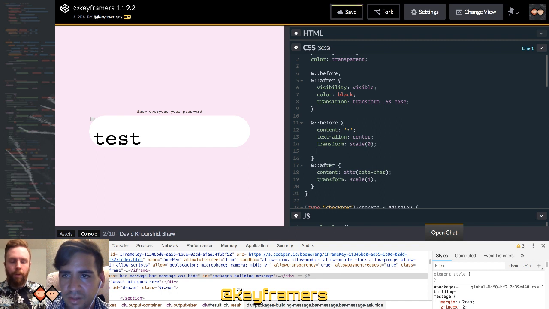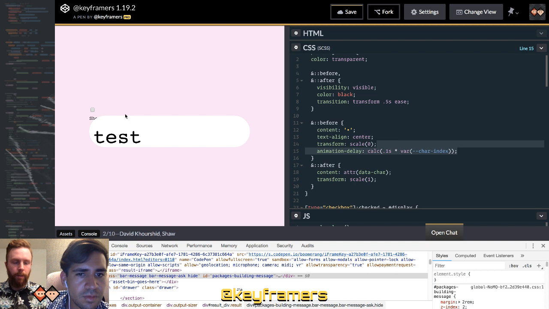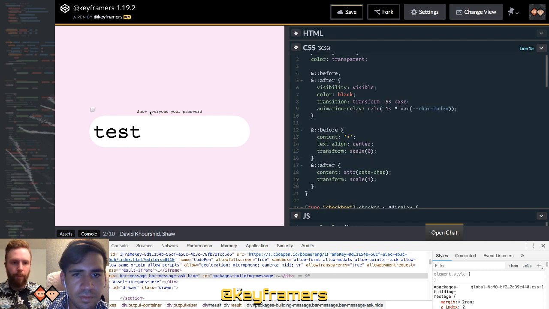Right. So what we'll do here is animation delay, calc, 0.1 second times the character index. And let's see what that looks like by default.